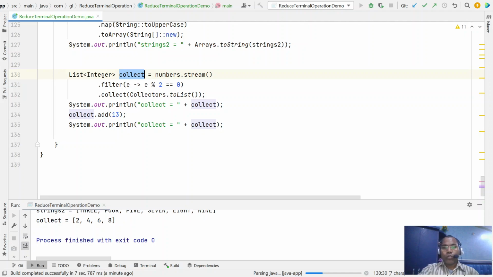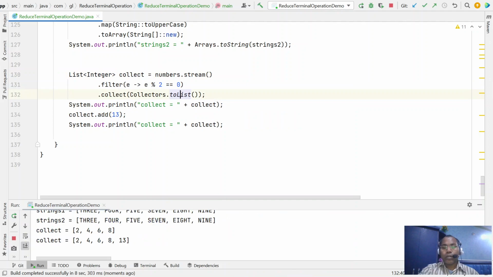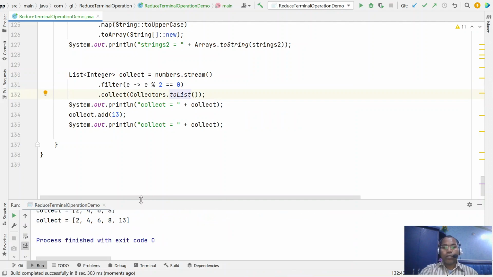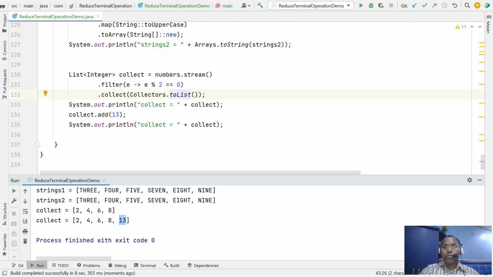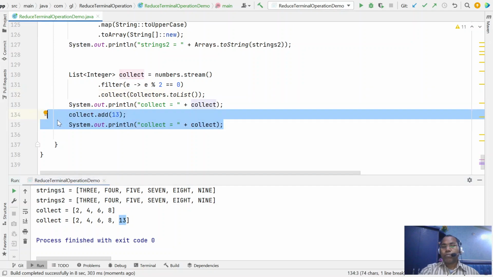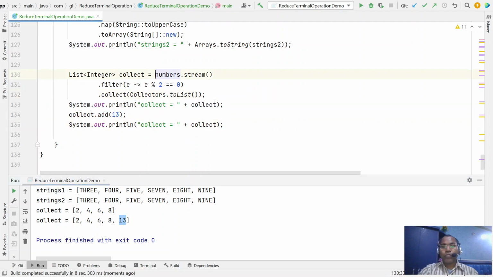So the collect or toList method returns a simple ArrayList, and here you can add 13. But you want all the returned values to be unmodifiable. Here you are returning all the even numbers, but in the even-number list you can add any odd number. So logically this is a violation. So the preferred way